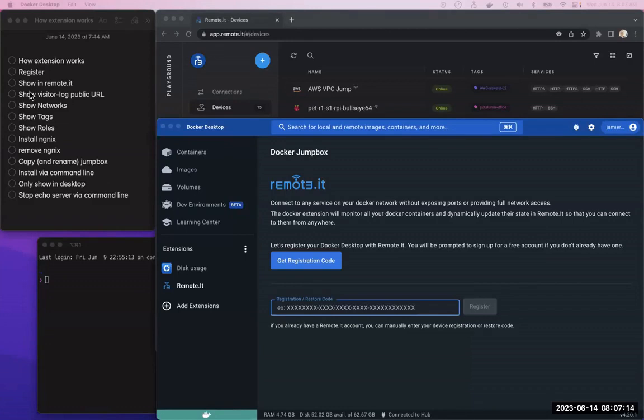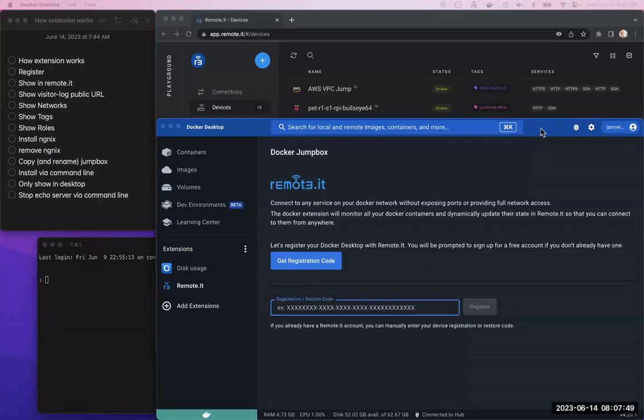And what it does is, once it's in there, it connects to the Docker APIs and the Docker events to synchronize all the activity in Docker within Remoted, so that it will update and easily see if your services are online or offline, or if they've been created or taken down, and just makes it really convenient and easy to connect to and control access to your Docker network.